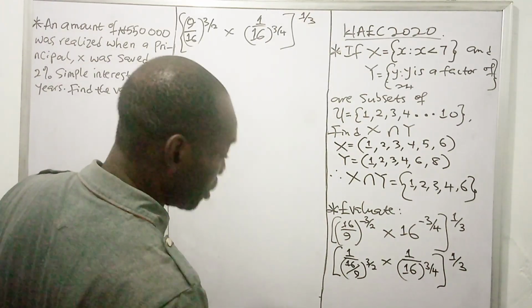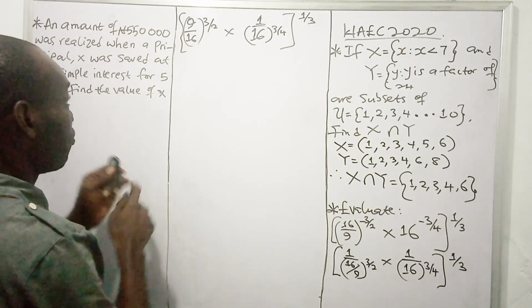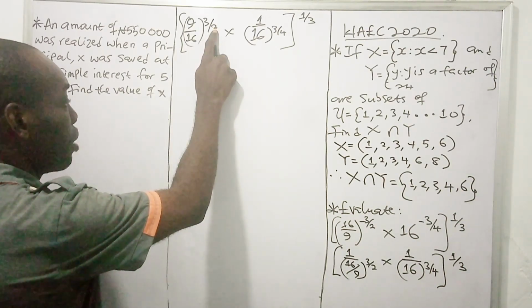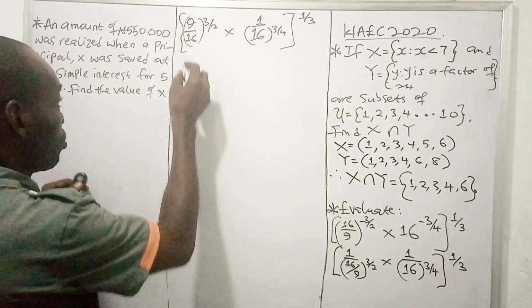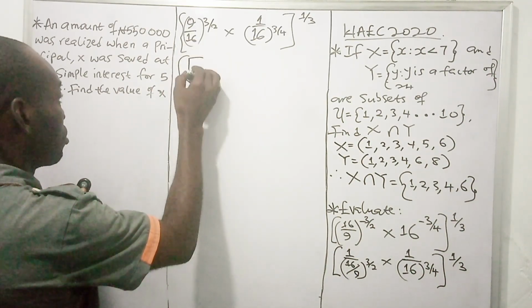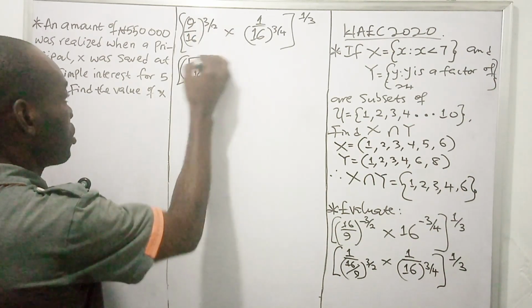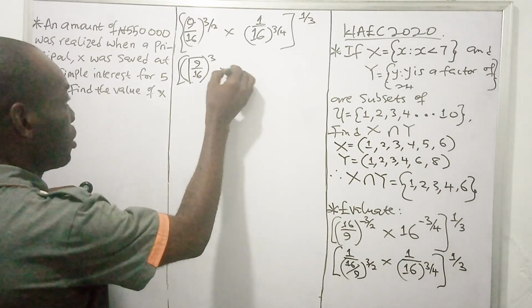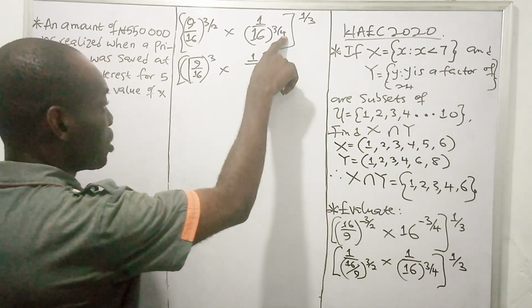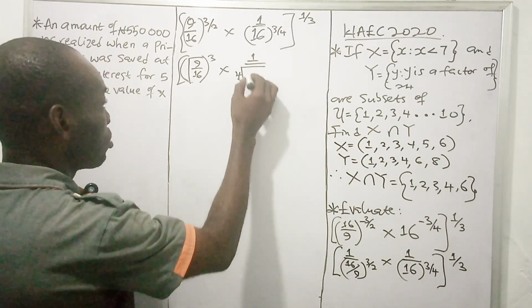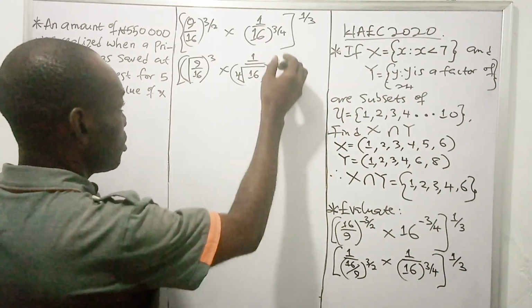From here, by virtue of the 2 that we have as a denominator, it simply means the square root of this fraction. So that gives us root 9 ratio 16 all raised to the power 3. Then times 1 ratio, by virtue of the denominator which is 4 here, that simply means we should look for the 4th root of 16 all raised to the power cube as well. Then all raised to the power